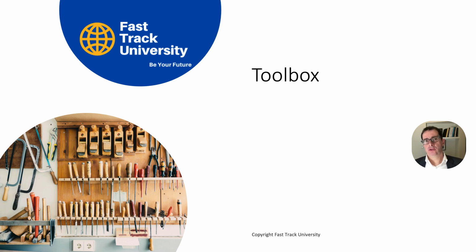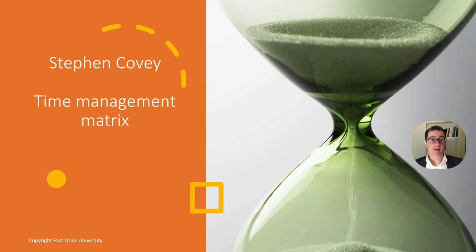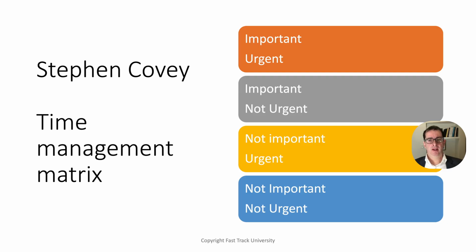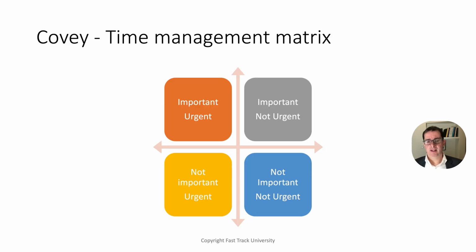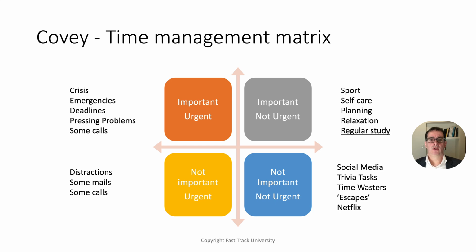The following lecture introduces an awesome concept called the time management matrix from Covey. Covey had this brilliant insight in realizing that when you do a task, you can actually classify it in 4 different buckets. He said some tasks are important and some are not important, and some of them are urgent and some of them are not urgent. By giving it this kind of classification in 4 buckets, he could classify all these different projects,